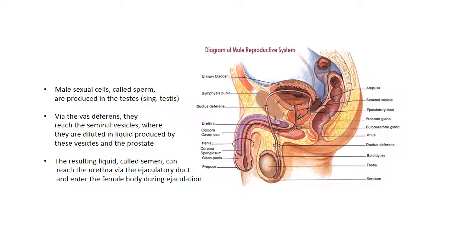If you look at the labels on the right side of the picture, you see seminal vesicle, and the arrow points to some kind of brownish hollow vesicle, which is the seminal vesicle. I'm not sure how to pronounce seminal, I think. A large number of sperm cells reach this destination, and there they are diluted or suspended in liquid, which is produced by the vesicle itself, the cells of the wall of the vesicle, and also